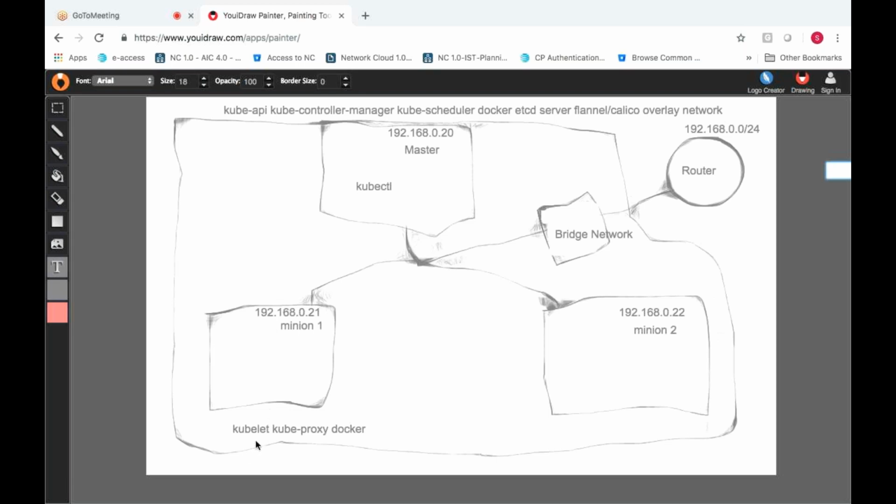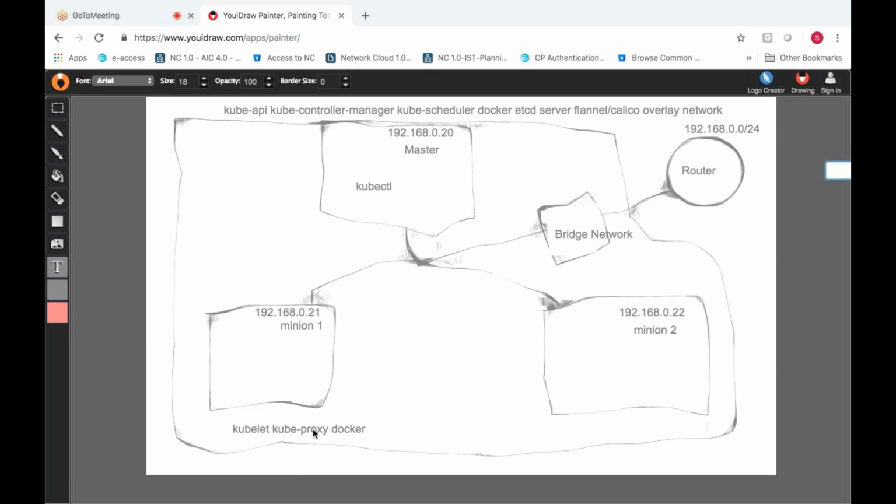Only kubelet can talk to the Kube API server or master node. This particular node can communicate to the master only through kubelet. If kubelet is not installed, it cannot communicate to the master. And kubeproxy is a proxy server to allow access to the containers from outside. By using port forwarding, you give access to some particular port, and that will happen only through kubeproxy.